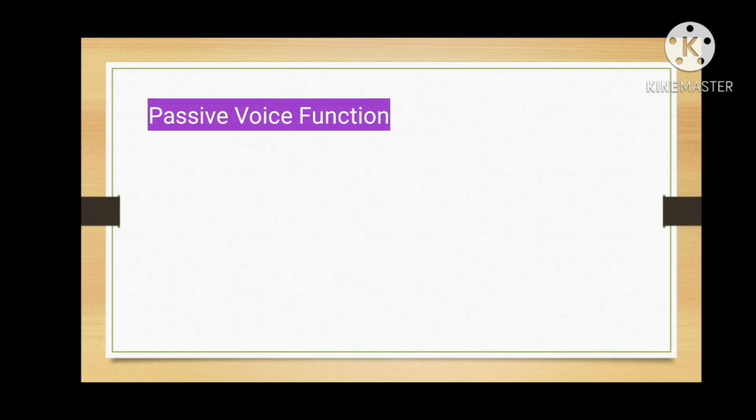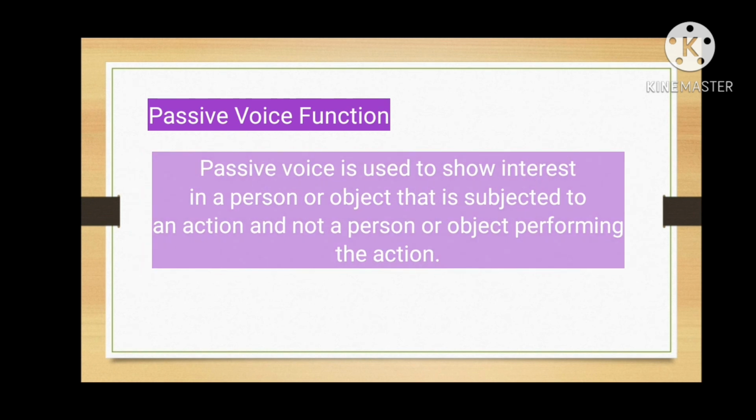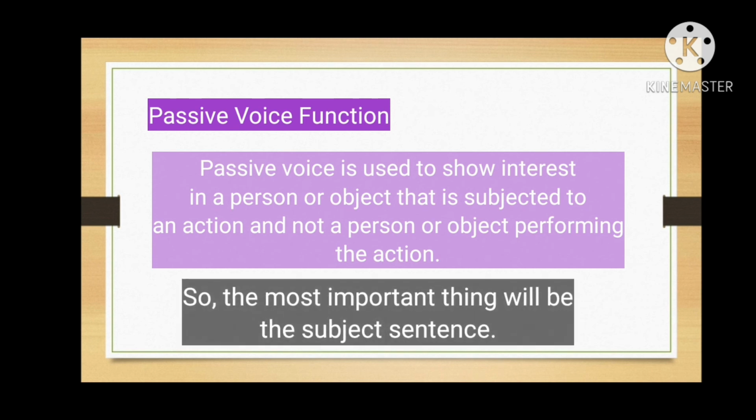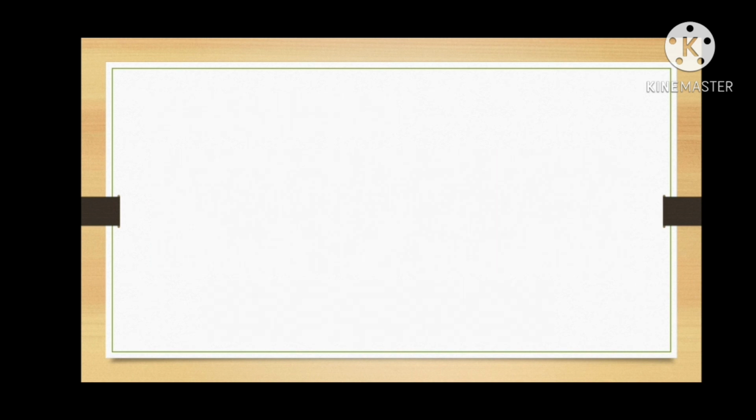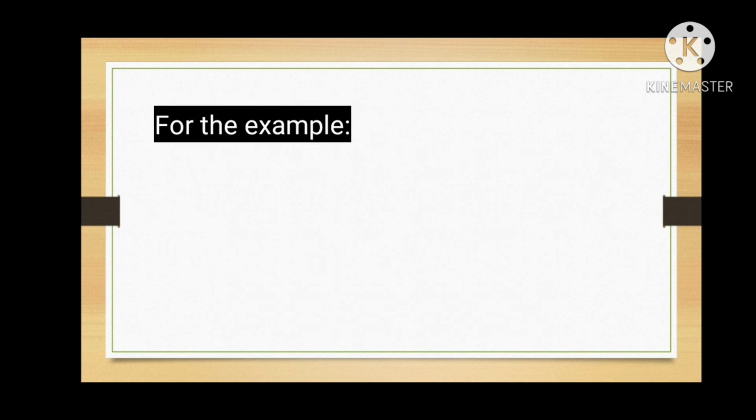Passive voice function. Passive voice is used to show interest in a person or object that is subjected to an action and not a person or object performing the action. So the most important thing will be the subject of the sentence. For the example,